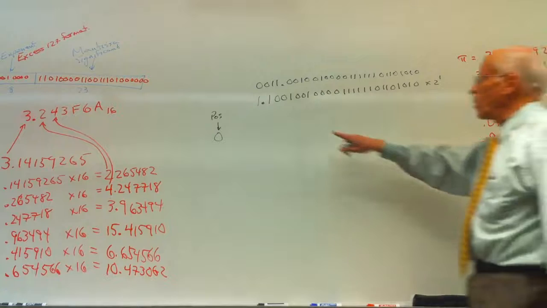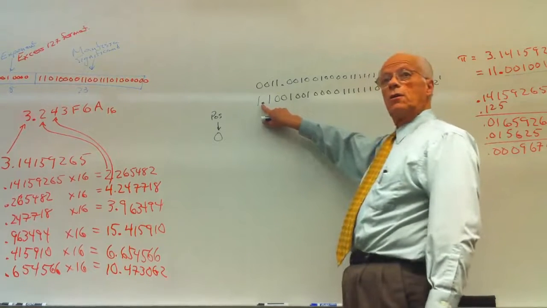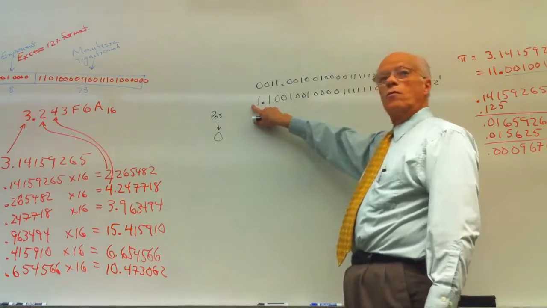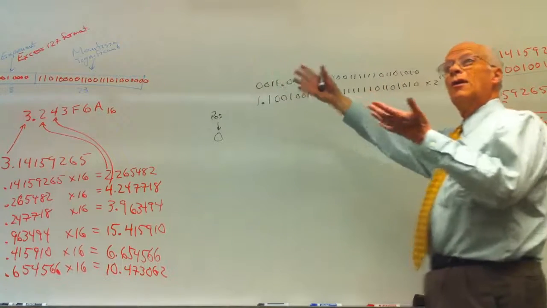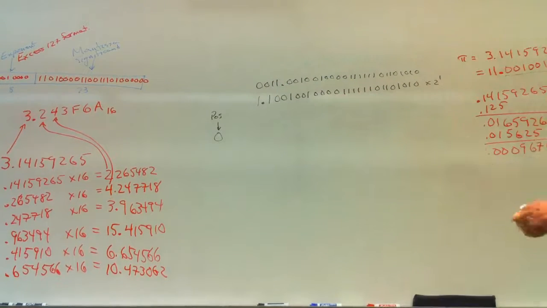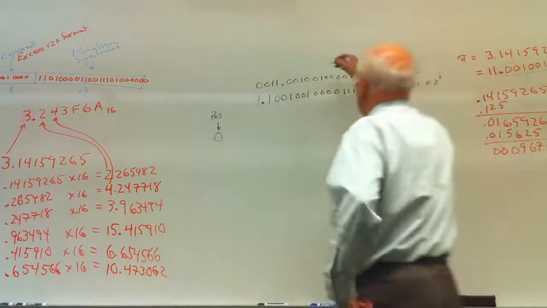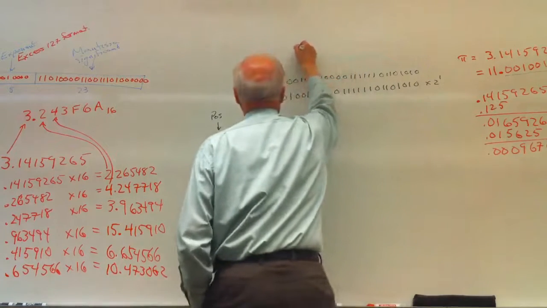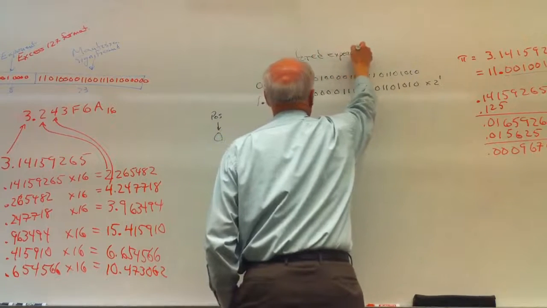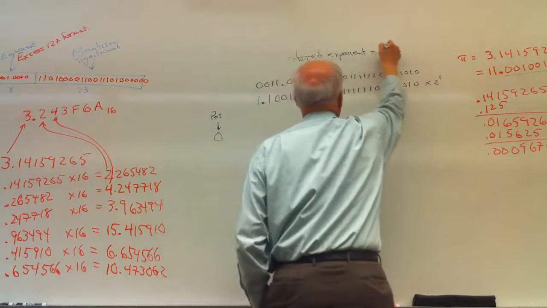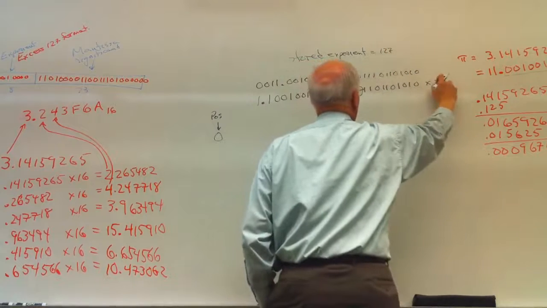One of them depends on where you assume this point is. If you assume it's over 1 beyond that, then your exponent comes out a little bit different. My exponent that I store, the stored exponent